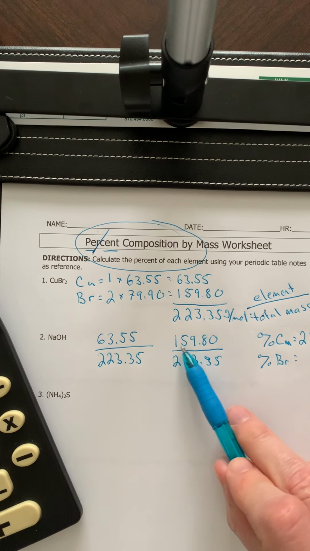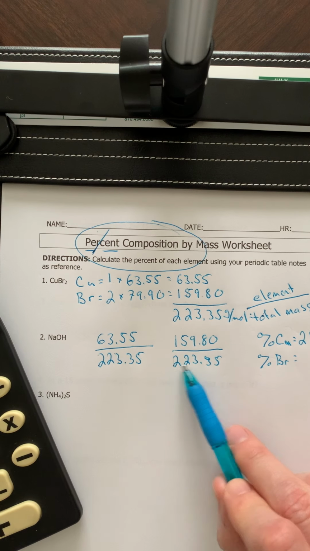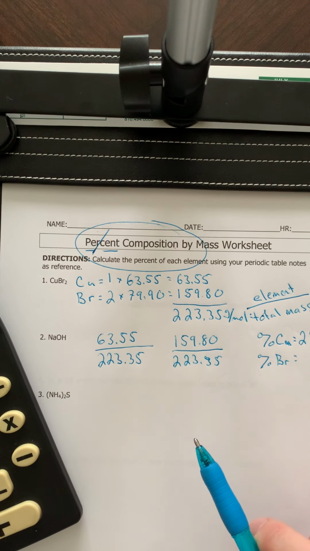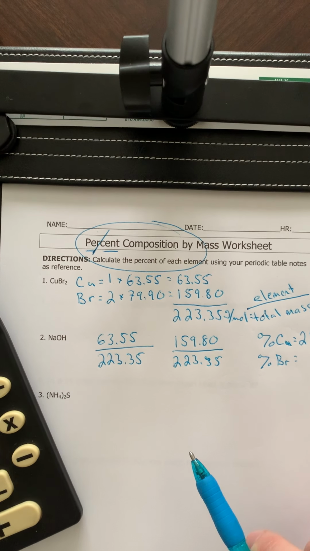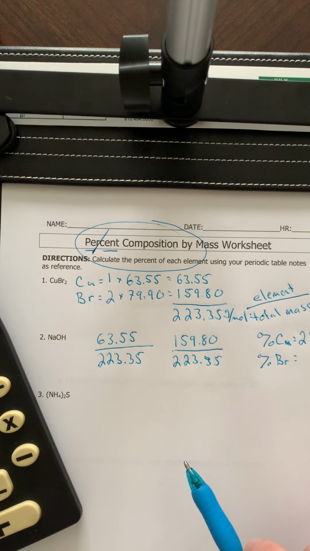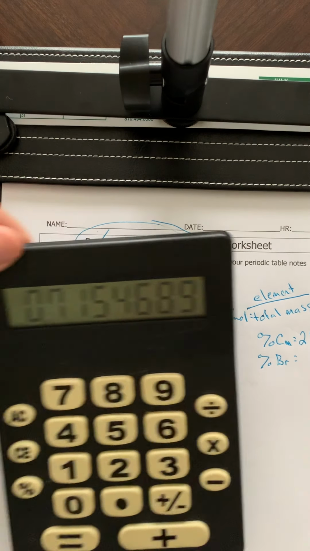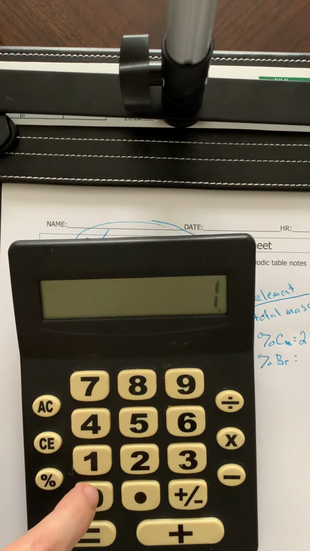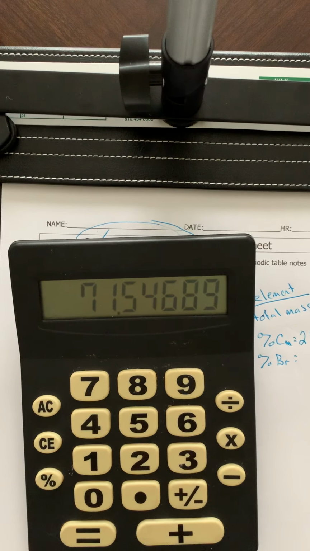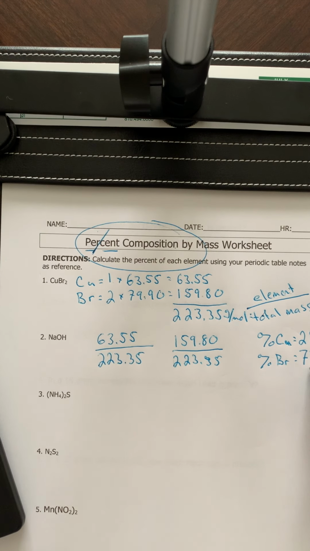Now for the bromine, of that much total, I do the exact same thing, right? 159.8 divided by 223.35 equals, I got that, times 100 equals that. And I'm going to call it 71.55. I usually go to the hundredths, and I think that'll be okay to get us through. So now I've got 71.55% bromine,